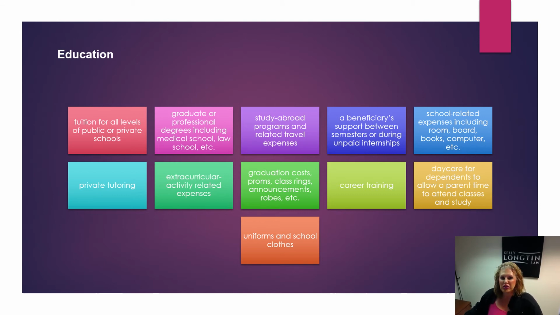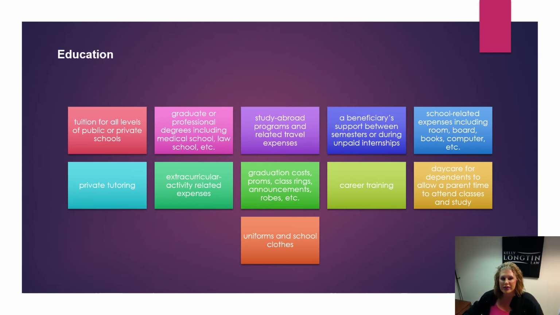Covers private tutoring, extracurricular activities, graduation costs, prom dress, class rings, announcements, career training. This also covers daycare for dependents that actually allows the parent to be able to attend classes and study. It will also cover any uniform or school clothes that one may need to purchase in order to fulfill their